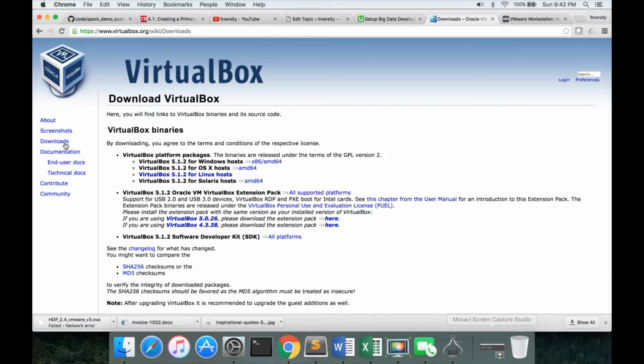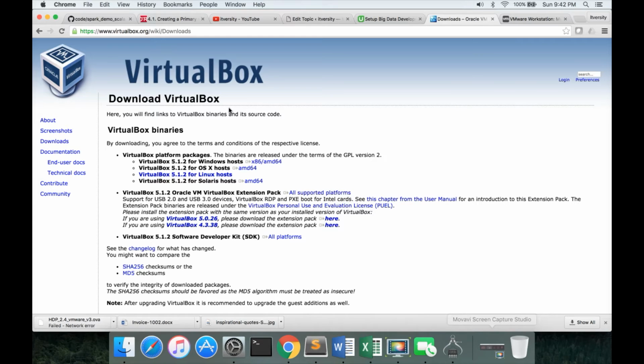But as a big data aspirant, you need not install both VirtualBox as well as VMware Fusion. You have to just install one. VirtualBox is absolutely free. If you just want to create one or two virtual machines, VirtualBox is a good tool. Also, VirtualBox comes with an internal firewall, and working around that firewall is a little bit challenging.